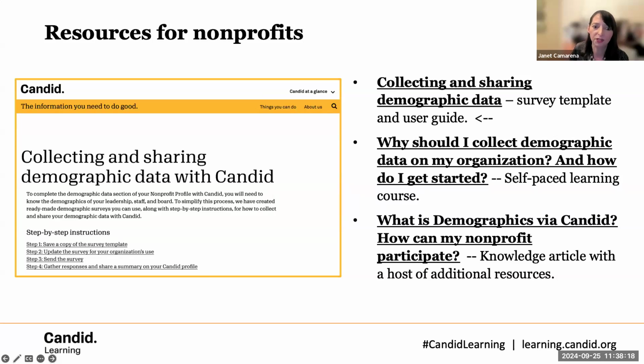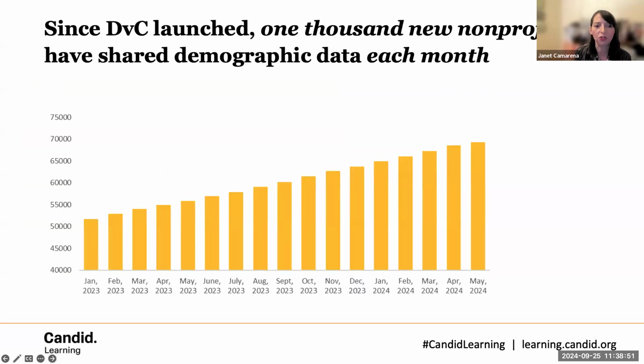We recognize that there's more steps to providing demographic data for nonprofits than just hitting publish like some of the other sections. So Candid provides several resources that can be shared to guide you through this process. I mentioned survey templates already. We also have a free short course with tips on how to get started with demographic data and helpful guides. So in a moment, I'll chat those links into those resources that can help you get started. Next slide, please.